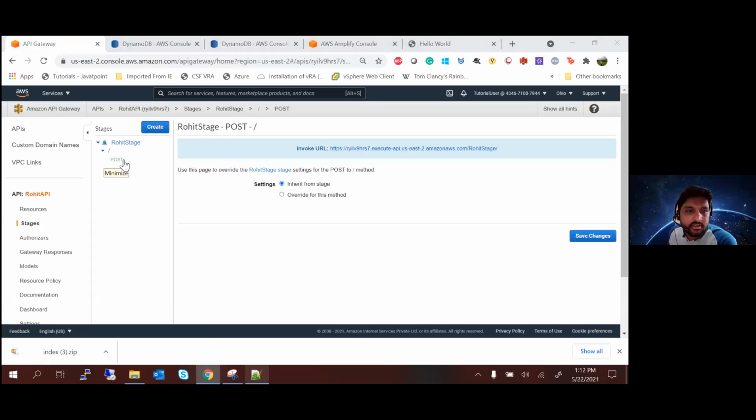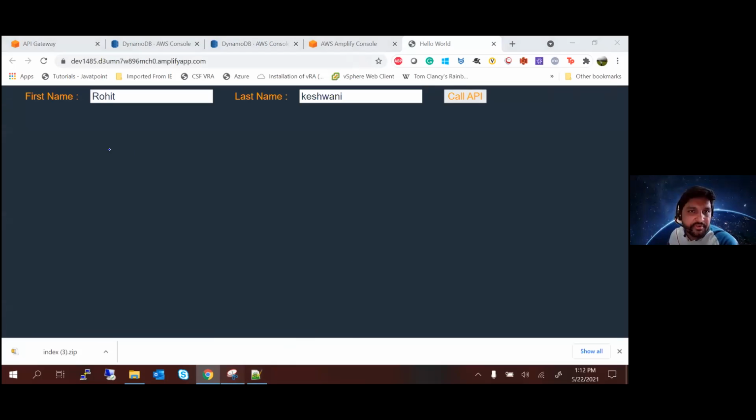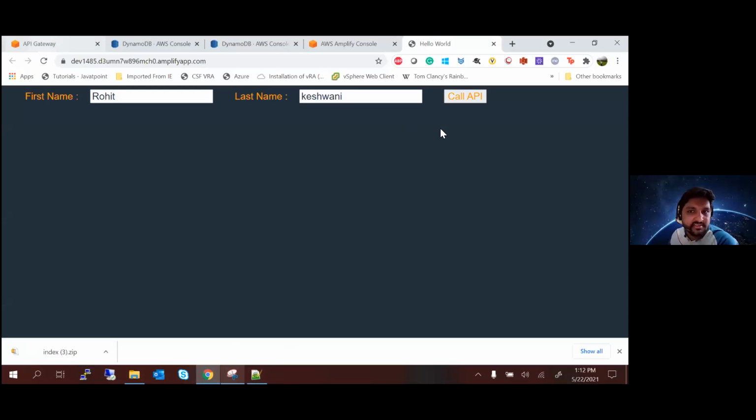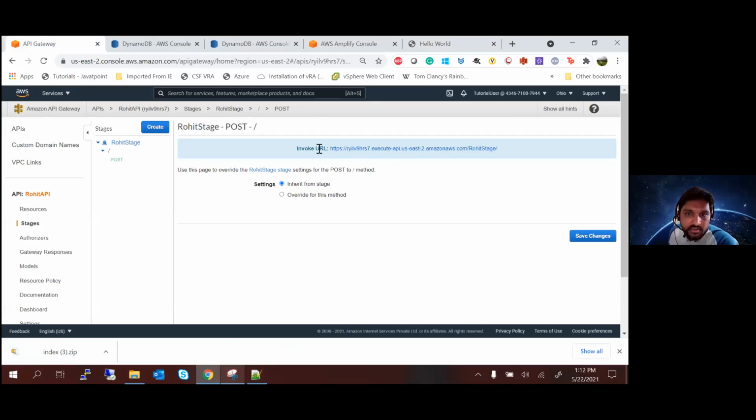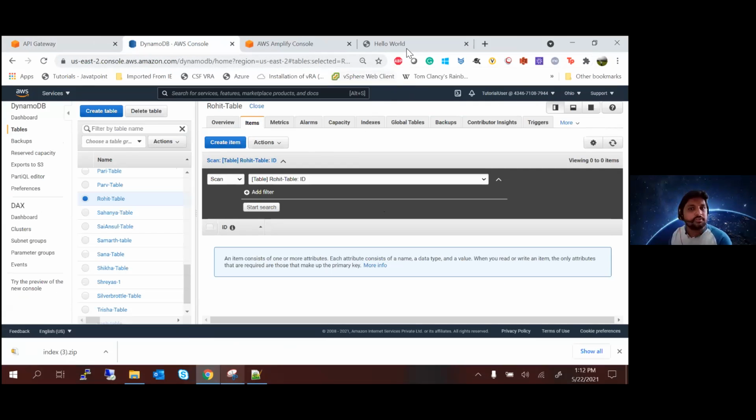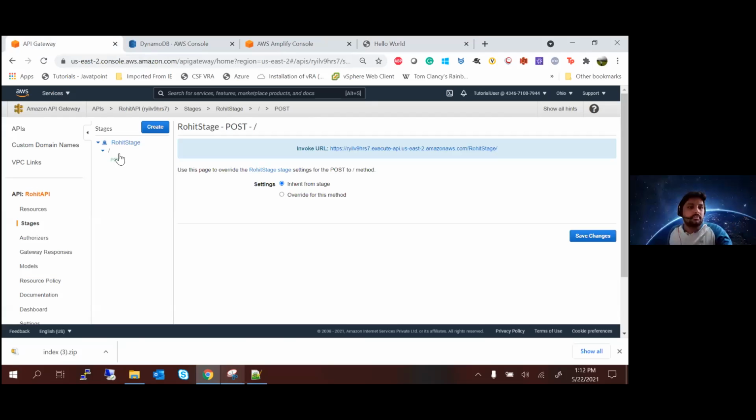But basically what this would have done is, as soon as you clicked call API from your website, it would have opened this URL, right? With this URL, you linked the Lambda function. You remember on the API gateway creation, we linked the Lambda function. It would have gone to your Lambda function, and there you entered the name of your table, right? And through the Lambda function, it would have put whatever value you write here in your table, basically. So that's what it would have done.